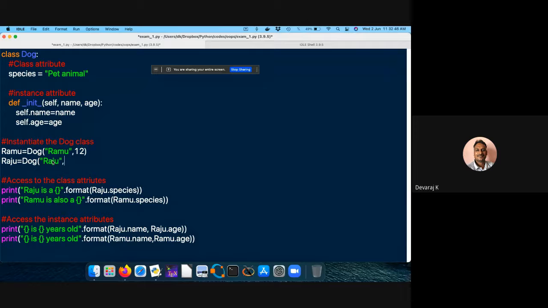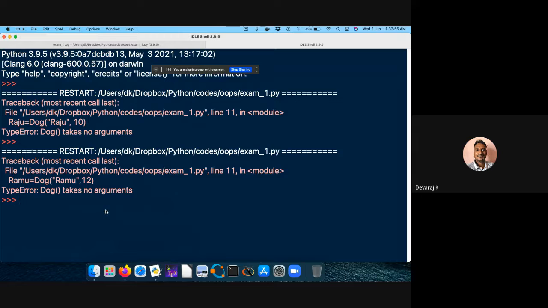Okay, fine. This has to run because syntax, everything is fine. Error: dog doesn't take no arguments. It has to take arguments. Why is it not taking?